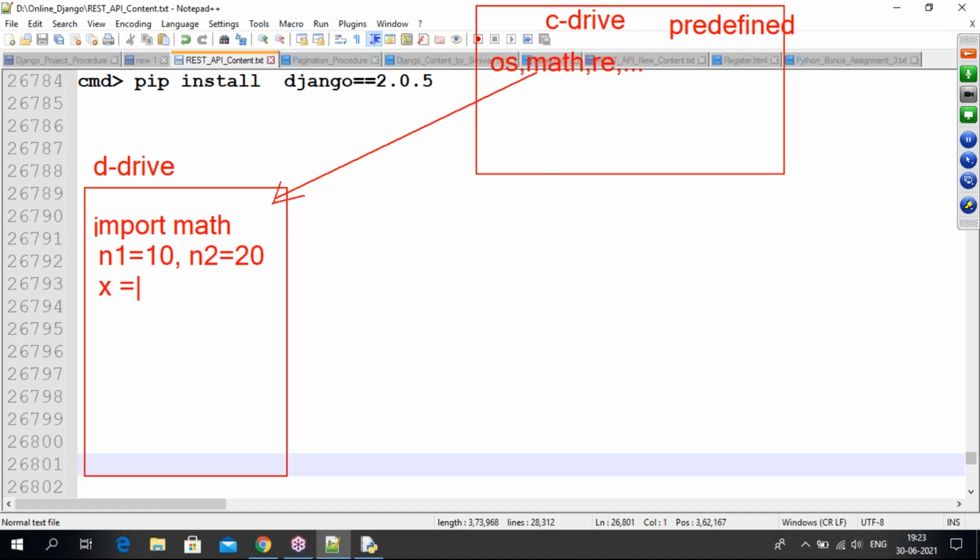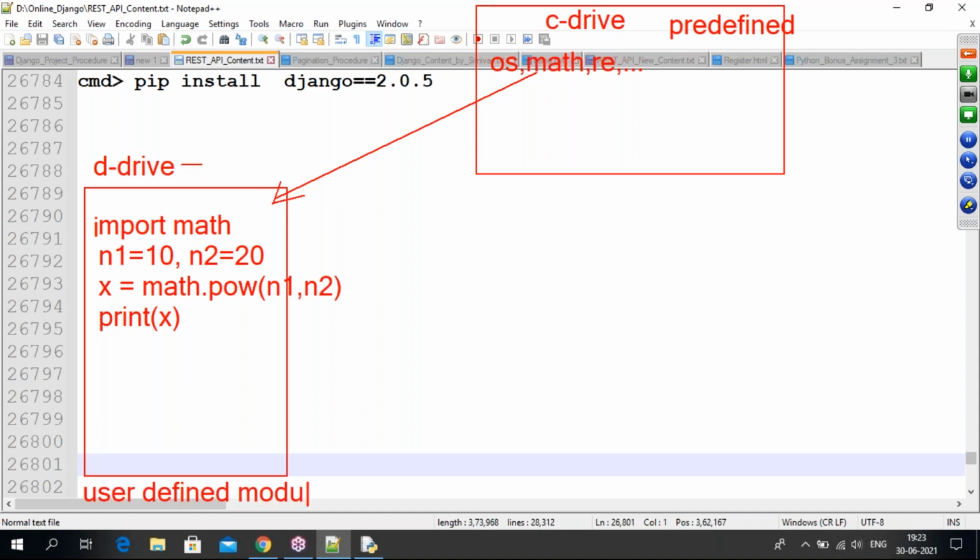Next, x equals power of n1 comma n2, same program we already did. Then you print the x value wherever you want. So you can bring a predefined module into the user defined module location. This is my user defined module.